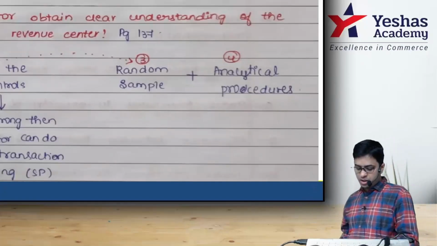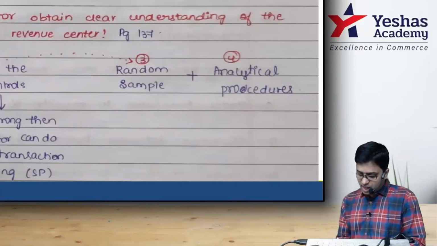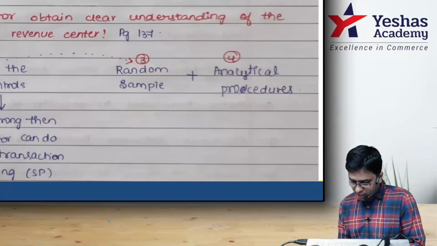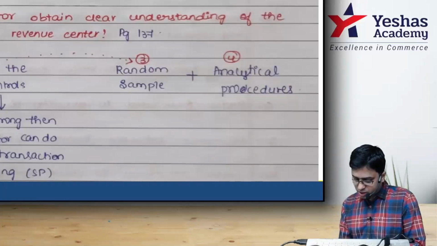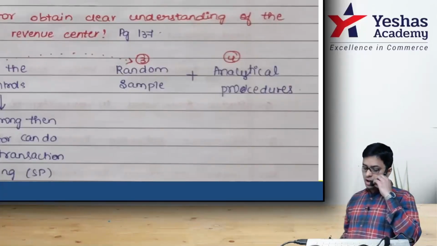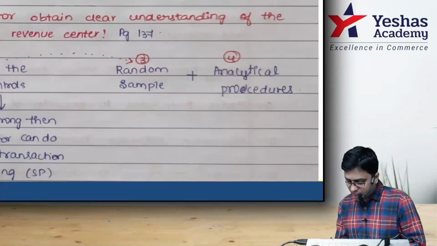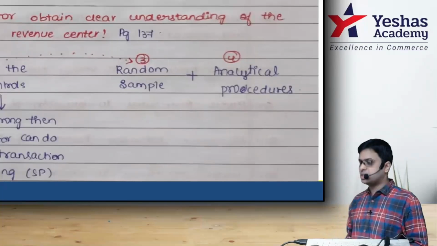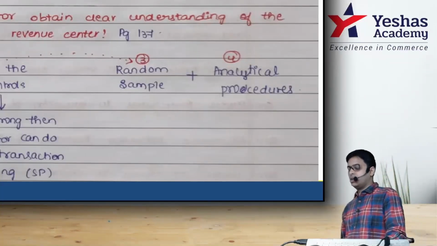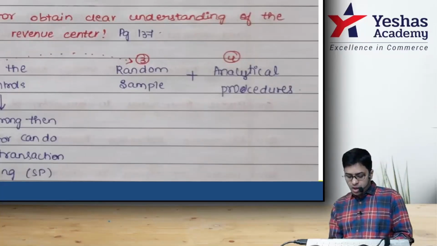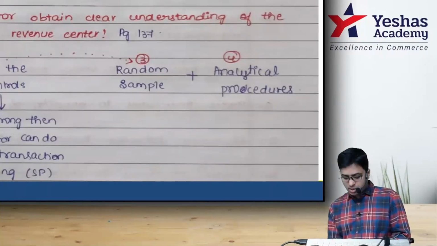Okay, let's go further. Point number 3. The auditor selects a random sample for testing of transactions and examines the related customer purchase orders, invoices, customer statements to ensure that the control being tested is a numbered sales invoice, being a proper sales invoice. This will enable the auditor to determine the nature, timing, extent of substantive procedures to be applied. So you'll come to know how much work you have to do. Finally, point number 4. Perform the substantive audit procedures, it is a must.